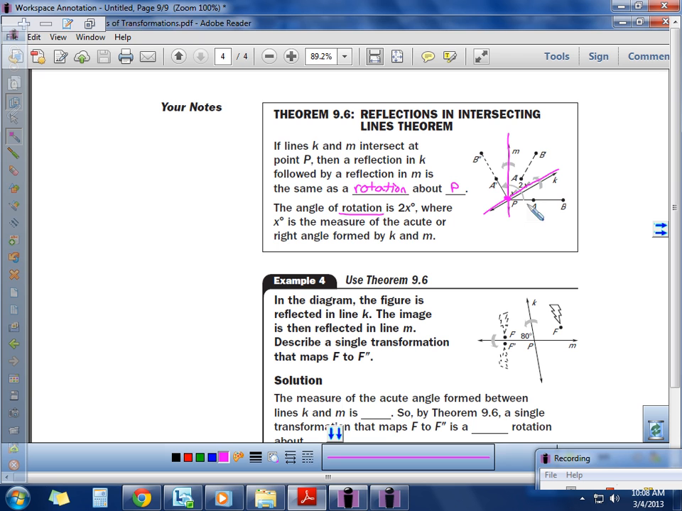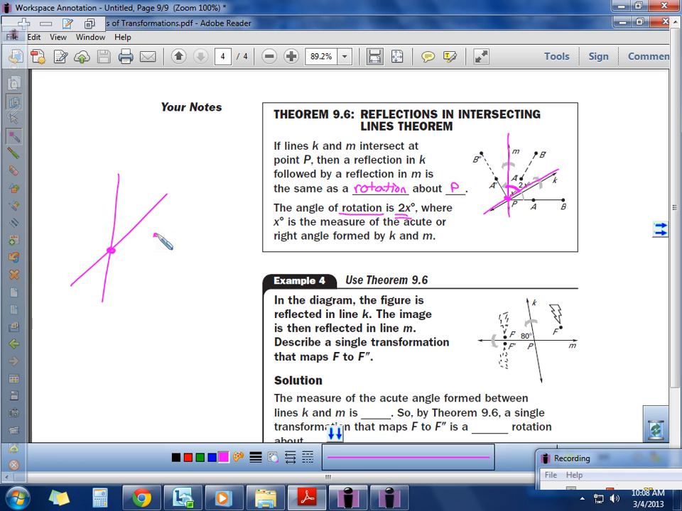The angle of rotation is 2 times x degrees, where x is the measure of the acute or right angle formed by K and M. So it's saying if you can figure out the angle between these two lines, and then you double it, that's the total angle of reflection from A around to A prime. So here's what it's talking about. You have two lines that cross,